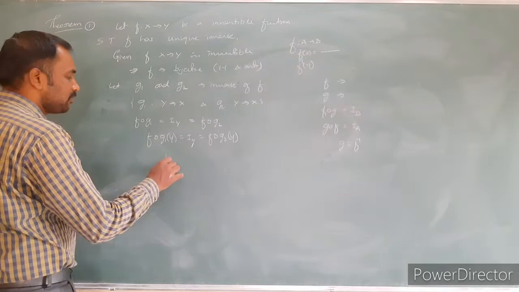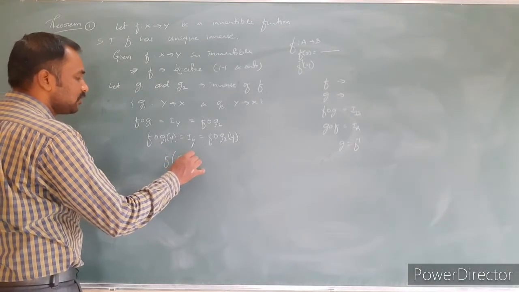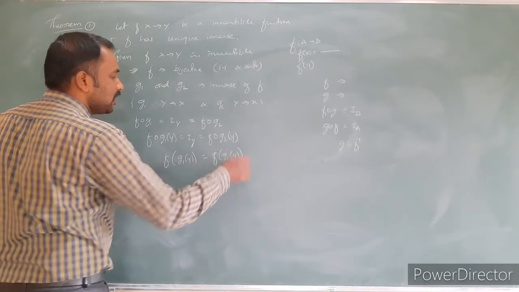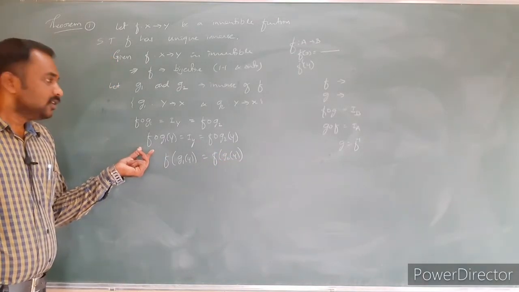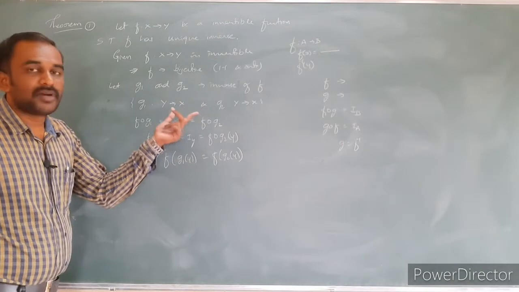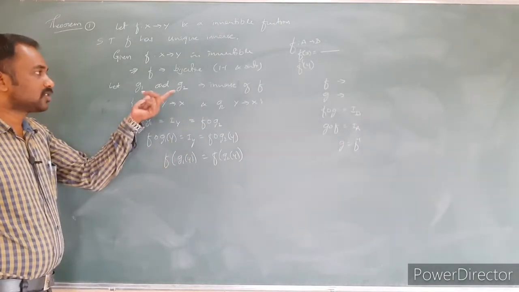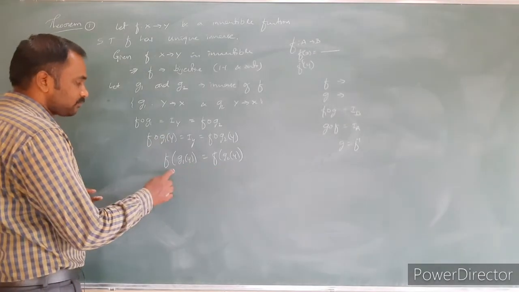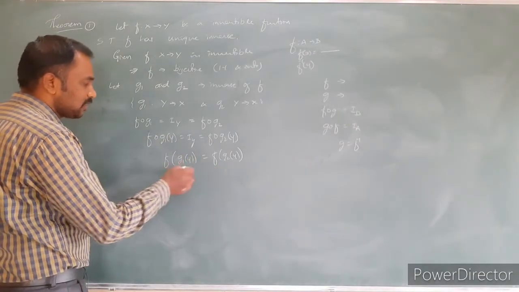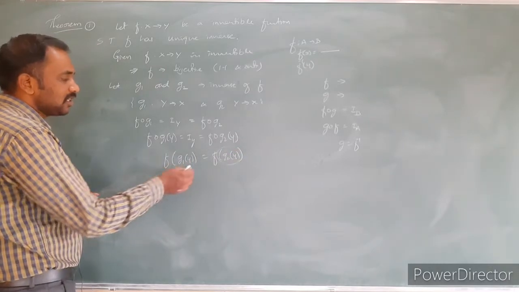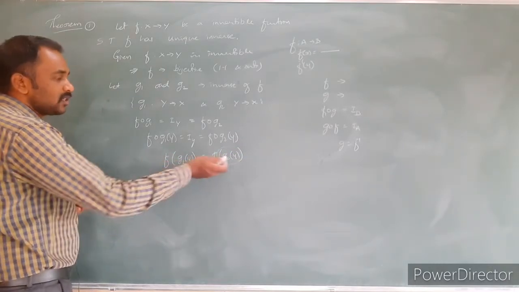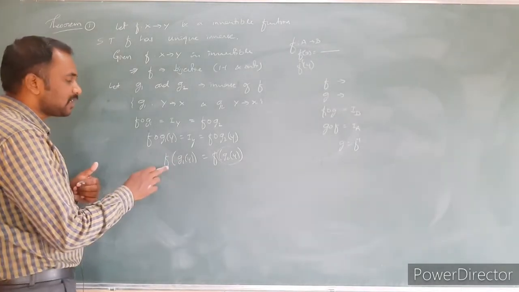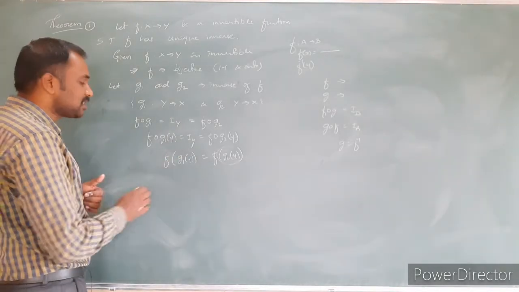Composition method, I just simplify how F of G1 of Y is equal to F of G2 of Y. What I just did here is consider proving by the one-one method, because two different elements have the same image. In that way I will simplify. Now F of some element, that means this element has this one and this one: G1 of Y and G2 of Y are the two different elements under the function F, with the same image.